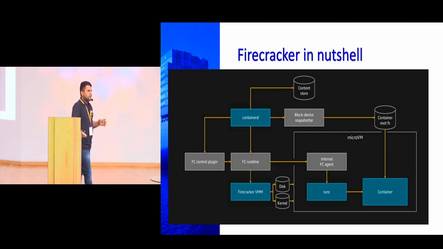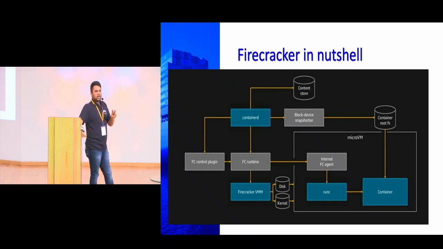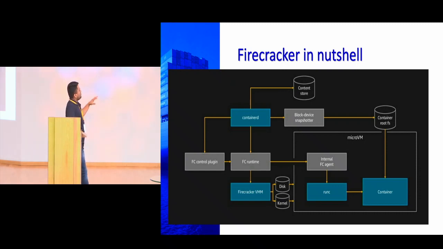Because today, if you have two customers and you're running the workloads of two customers on the same host, you never know, they can see the processes of each other, or they can exploit some vulnerability, right? So if you have isolation at the VM level, this means it is completely secure. Okay, so in Firecracker,